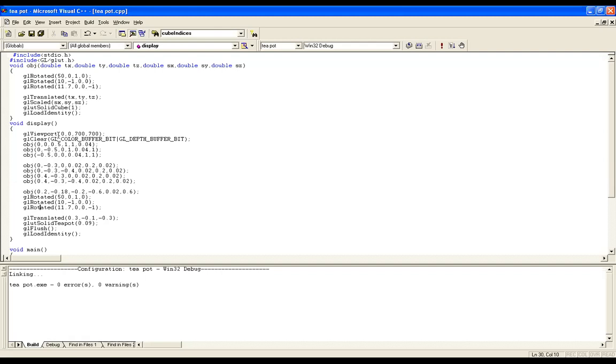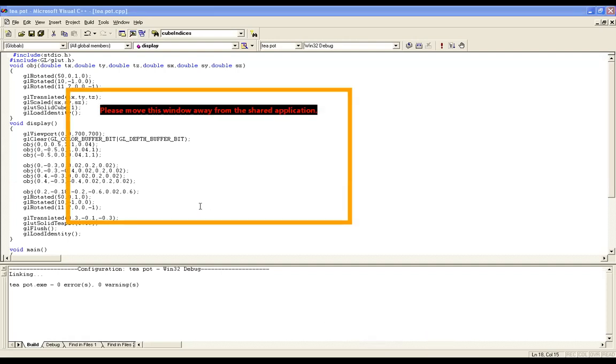Okay guys, anything we left? We studied translation, scaling, the solid cube, and we have created 8 objects with the proper values. This is very, very important, with the proper values. If your values are not proper, you cannot see it. Let me show the output. I have closed the output, so let me close it and show you again.